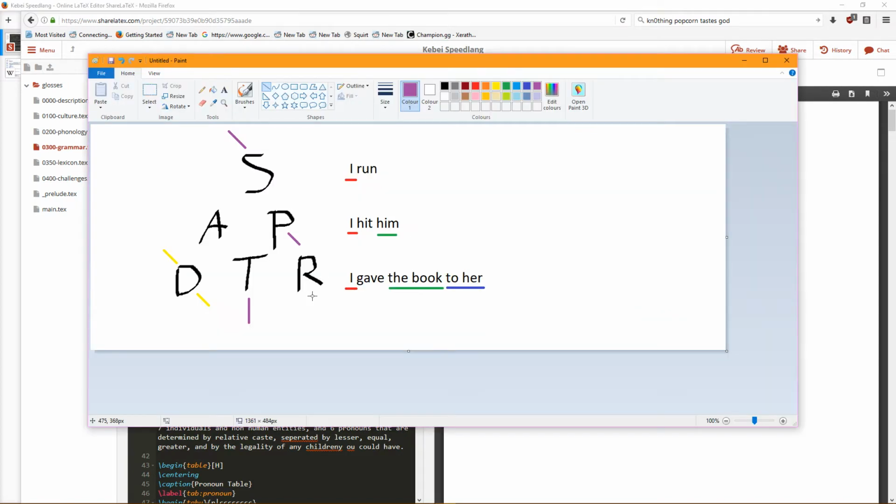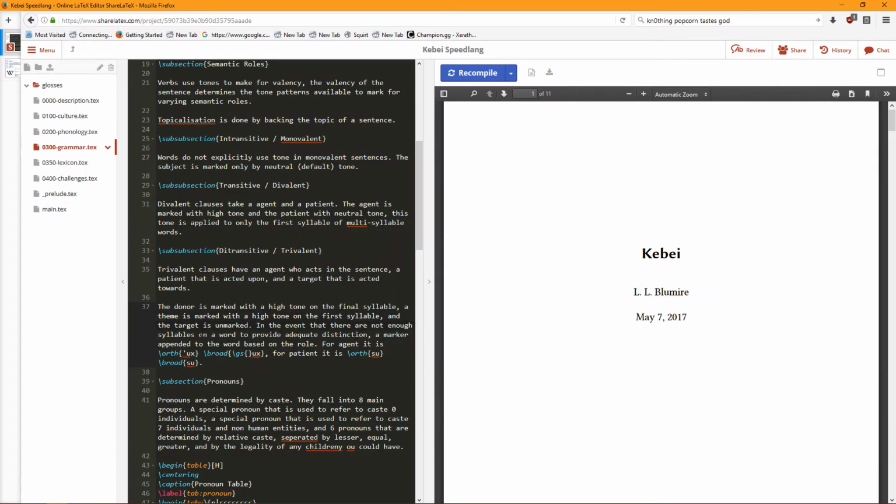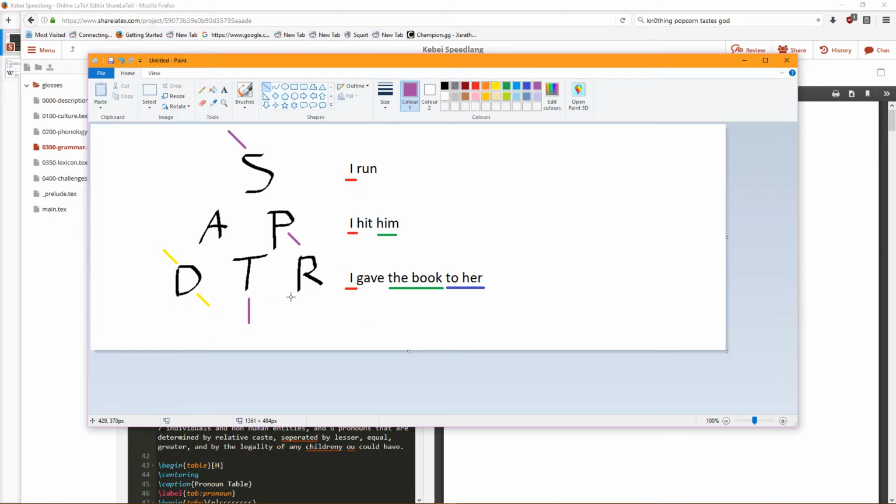And a target, which is the recipient, is unmarked. Well, no, that means the recipient was behaving like this, and these two are behaving the same. I'm struggling to understand my own writings from last week. This is why you don't stream for 6 hours, because you write a load of nonsense that's impossible to decipher.